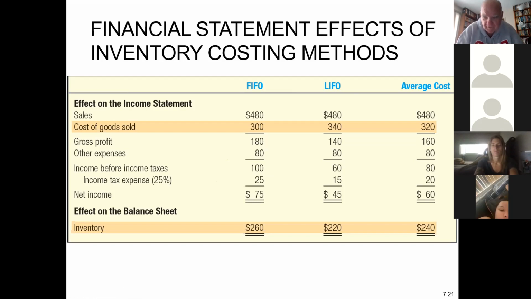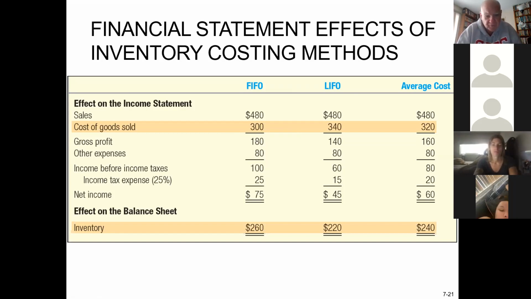Can I pick on Nicole for a second? Why is FIFO's cost of goods so much lower than LIFO? You have any ideas on that? Because they use the inventory that came in, let's say a year ago or a couple months ago. So the cost of the goods, they probably bought it for cheaper than they did last month. Yeah, exactly. Remember, prices are going up. So under FIFO, you're assuming that you're selling the cheap stuff first. So of course your cost of goods sold is going to be lower. LIFO, you're selling the most expensive things first. So your cost of sales is going to be higher.